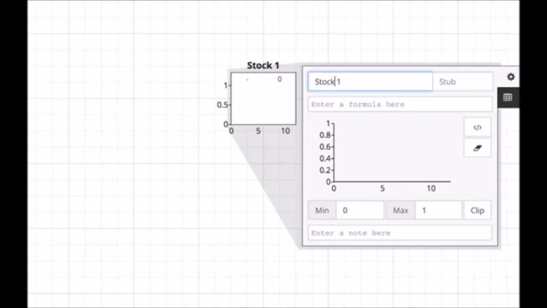Welcome to the guide on how to create a model using Sysdea online software. In this tutorial, we will give you a model of population growth that consists of three elements: stocks, inflows, and variables. Let's start with the stock. Just pressing the letter S on the keyboard, a stock pops out. If we click on it again, we can rename it population,